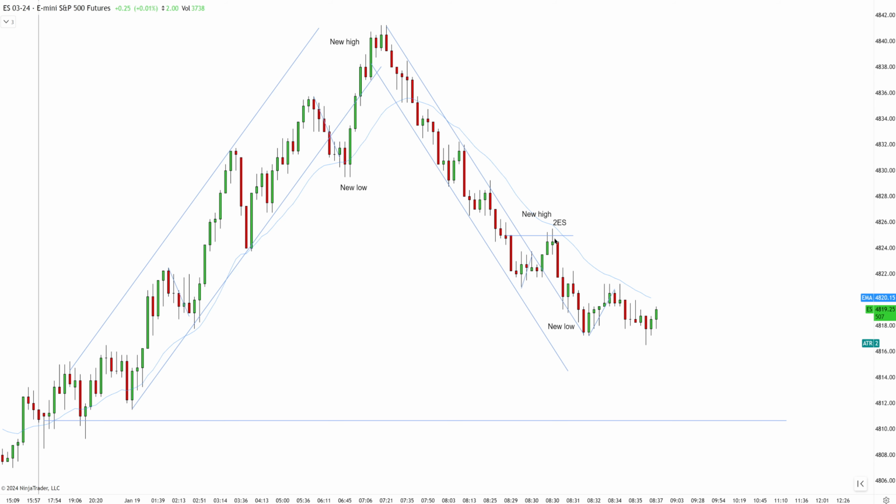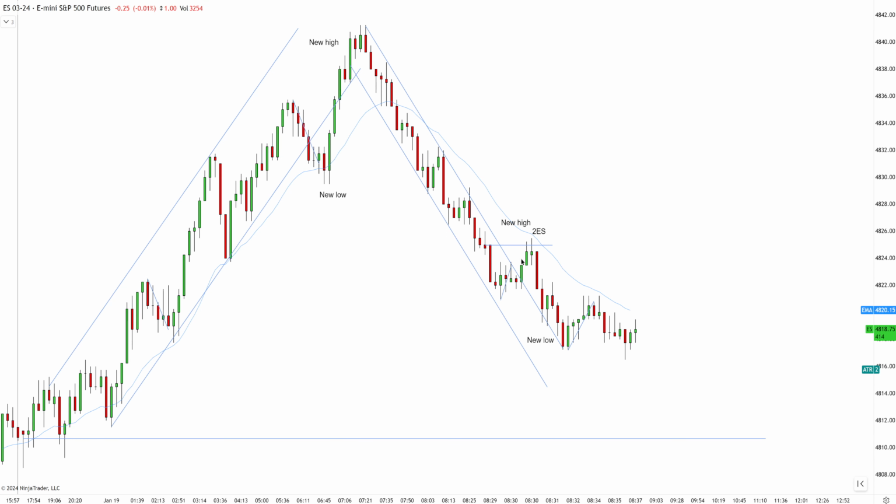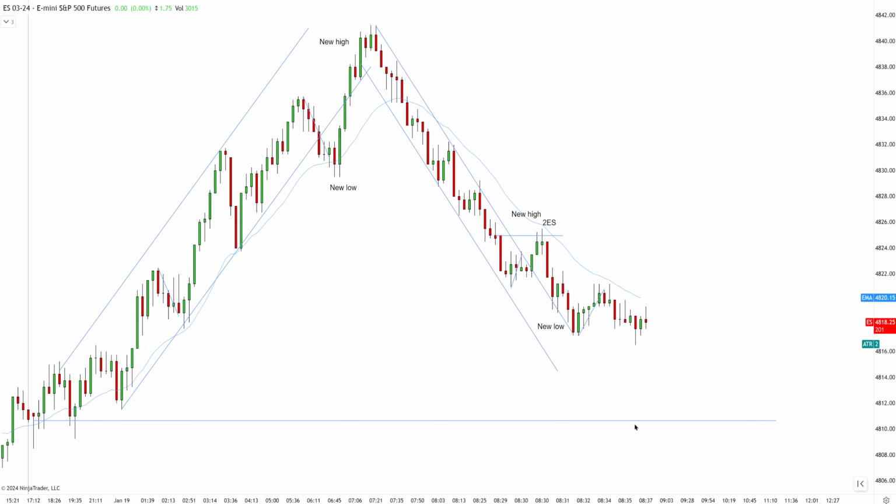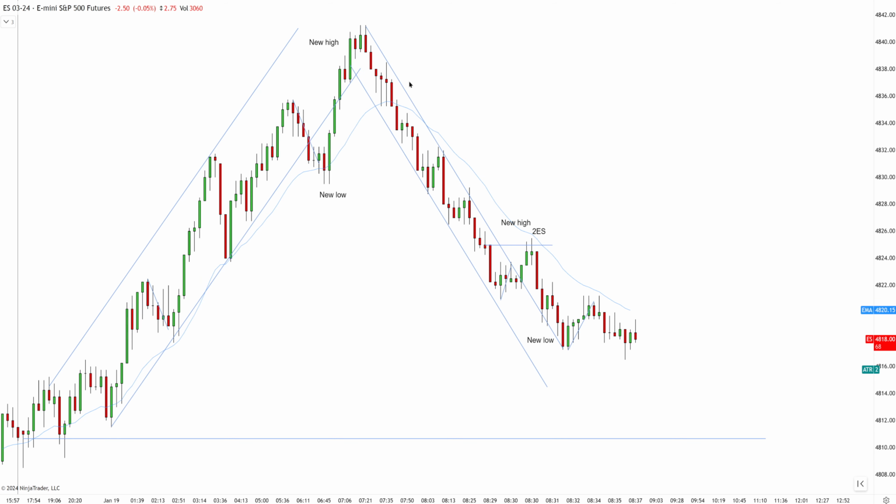There's a chance that we're going to continue to work lower, expand into some different channel to test the low today. So right now I'm going to be a little bit more patient because the main channel played out, and if there's going to be secondary channel, I need a little bit more information.